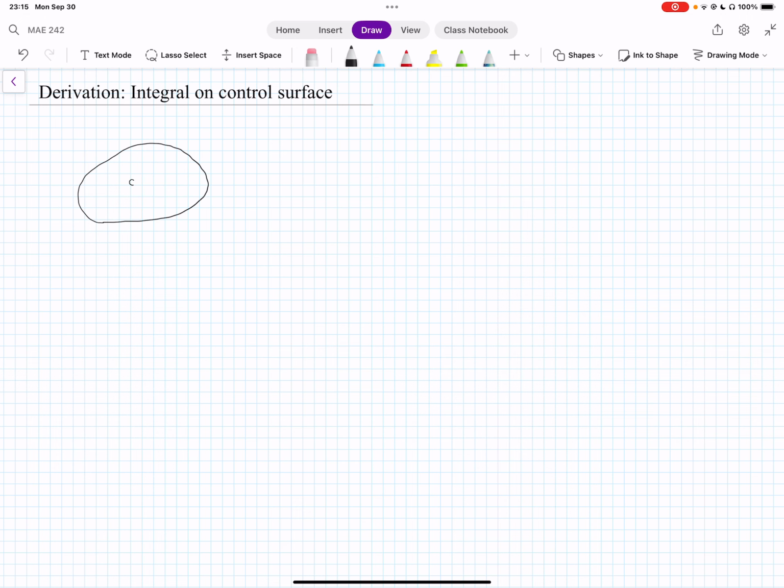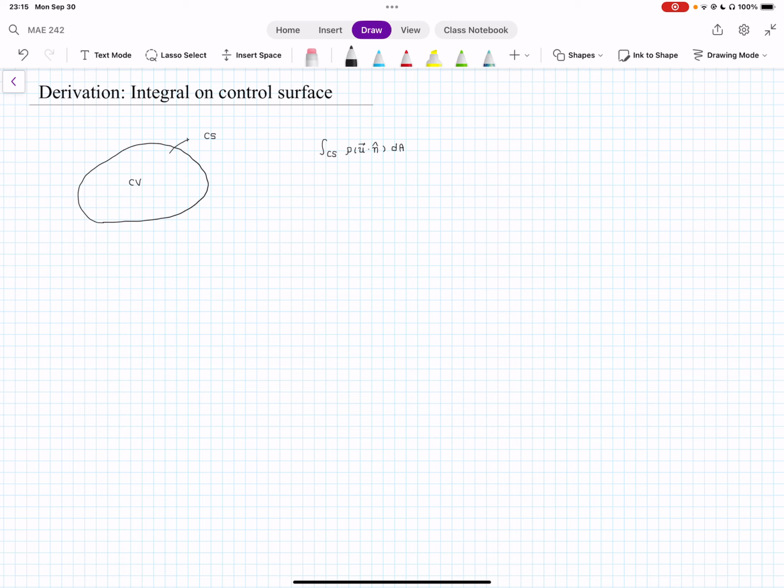So here is my control volume, CV. Its surface is termed the control surface. I'll be using this acronym. Then on this control surface, we want to evaluate this surface flux term. On the control surface, I want to evaluate this rho times fluid velocity dotted with the outward unit normal vector,